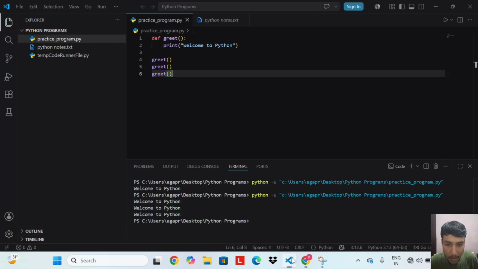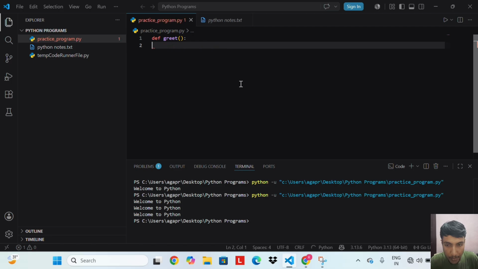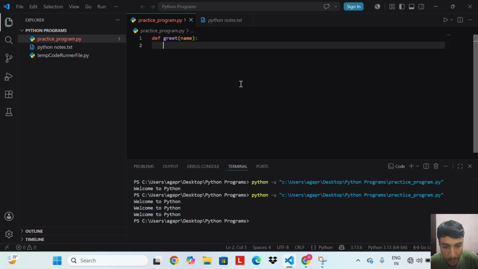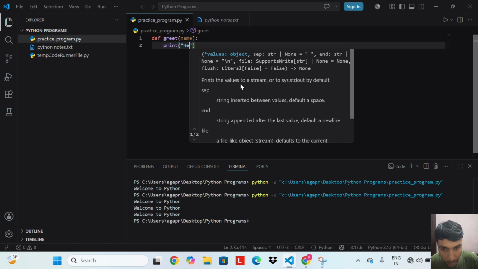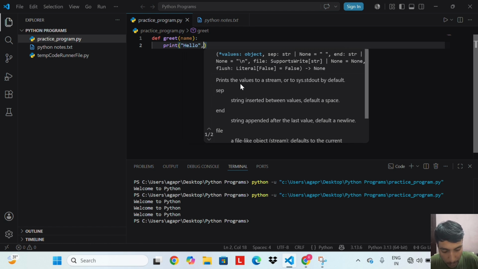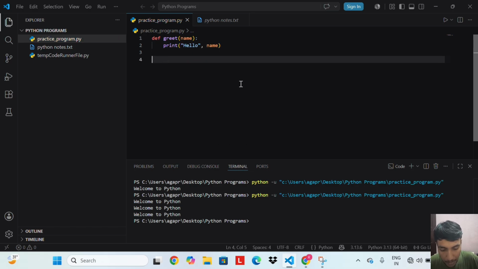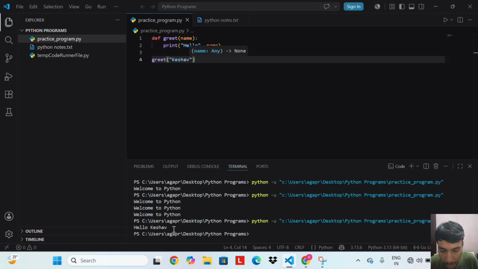Let's do an example. def greet name colon, print hello name, then greet Keshav. Let's run this code. We get output hello Keshav.